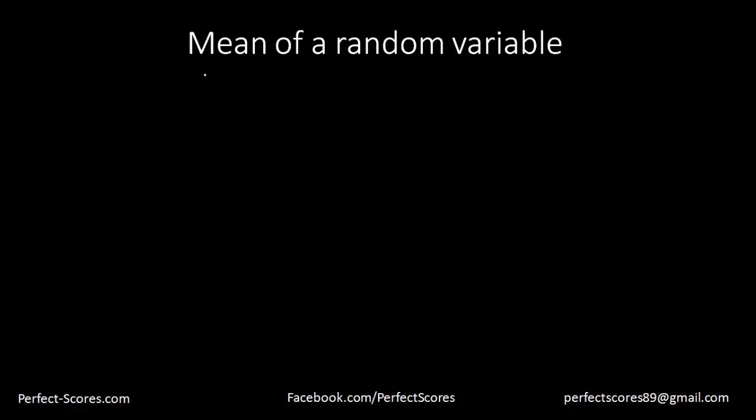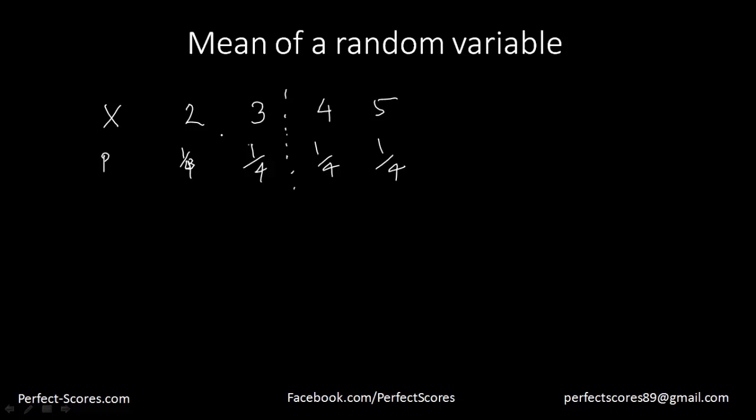Okay, so let's try to find what is going to be the mean of a random variable, or actually the mean of a probability distribution. Let's say, for example, I have the random variable x. It can take values 2, 3, 4, 5, and there is 1/4 probability you'll take value 2, 1/4 probability you'll take value 3, 1/4 probability here and 1/4 probability here. Then the mean of the random variable will actually be exactly the middle number, because there is an equal probability of x having any number.